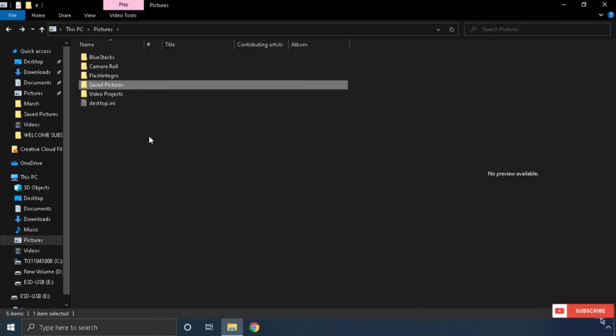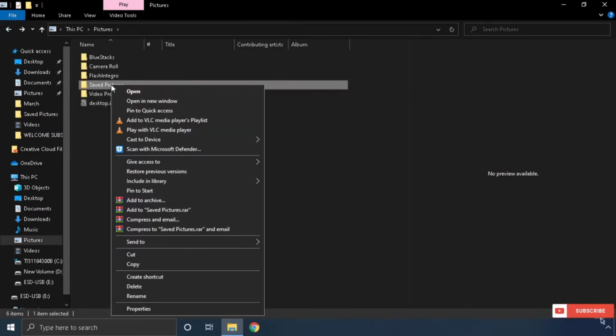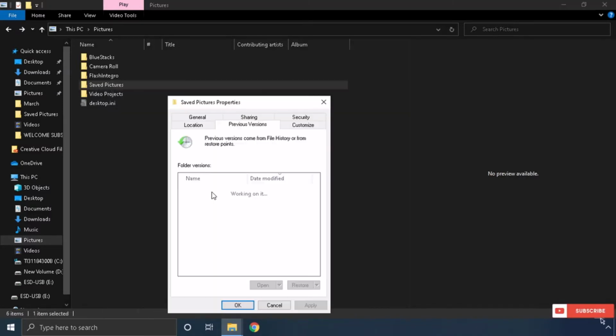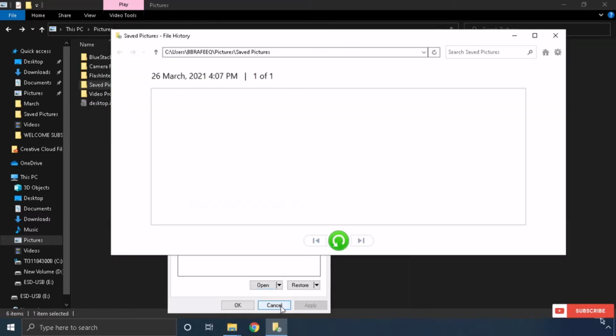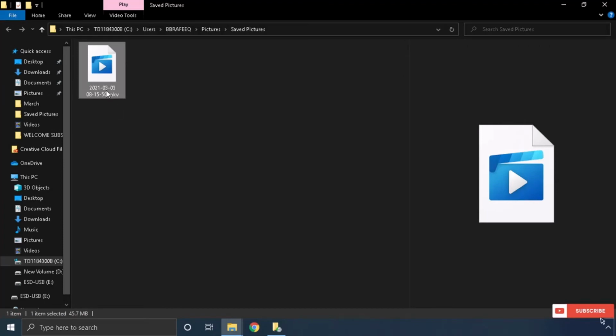So just right click and click restore previous versions and select this one, then click open in File History and click restore. It's restored here.